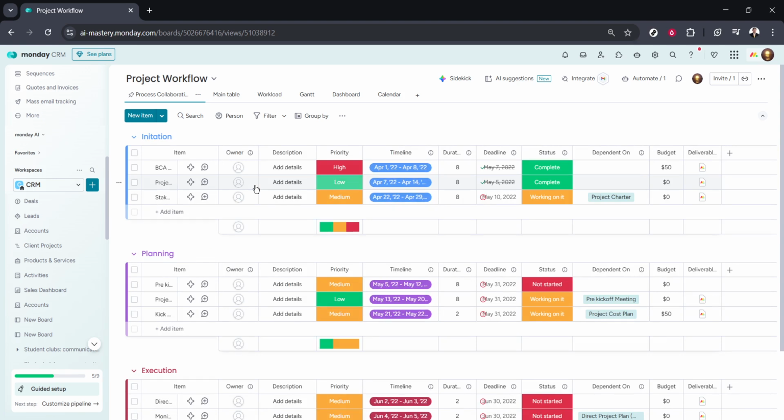From here, you can easily customize it further by adding specific tasks, inviting your team members, and adjusting any details to perfectly match your project's unique requirements. This foundational setup will significantly accelerate your project planning and execution,